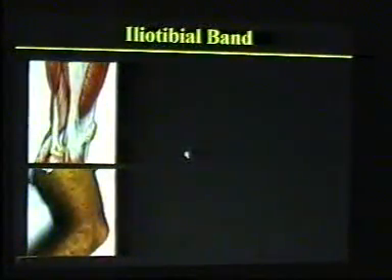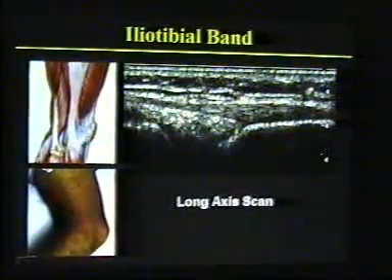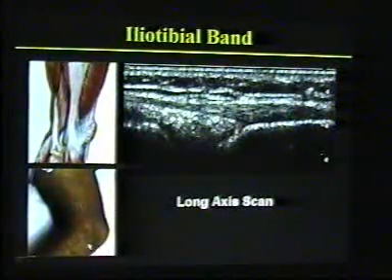For the iliotibial band, we need this posture, just coming below the posture we needed for the biceps tendon. We get the long axis of the iliotibial band. This is the iliotibial band, and we